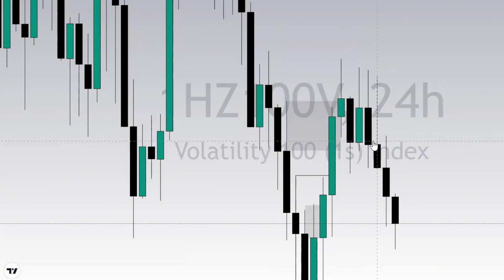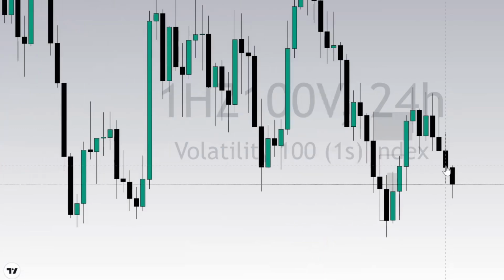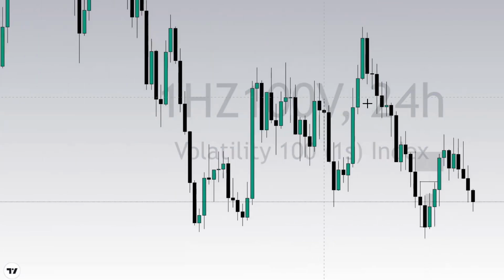And that is why it is essential that whatever point of interest you are marking out on your lower time frame, you have to correlate it with what exactly is happening on your higher time frame. Also, when you're marking out entry confirmation, you have to be sure that it is doing the same thing on the higher time frame too. When you're marking out your break of structure, you have to be sure that your higher time frame has given you a real break of structure, because there is a difference between break of structure and sweep of liquidity. You have to be sure that your higher time frame has given you that real break of structure before you proceed to making your analysis.